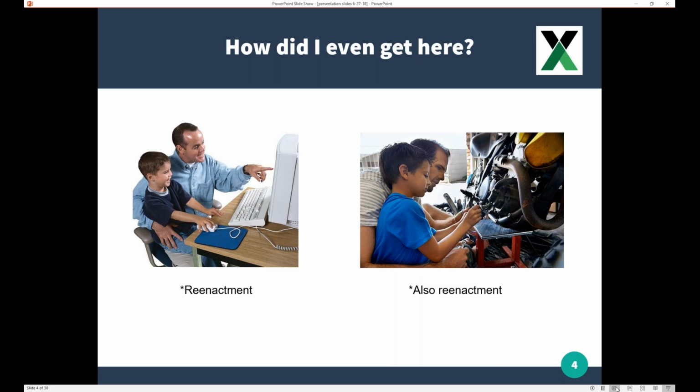So a little bit about me. How did I even get here? On the left, this is kind of a reenactment of my dad and me. He would manage his own money, and when he would come home from work, he would get on the computer and look up daily charts. Maybe some of you know what that is. It's an older one. I would actually sit on his lap, and we would go through charts and look at stuff. And I think he was just trying to leverage my non-biased mind to just see some trends. So hopefully I helped make him some money.